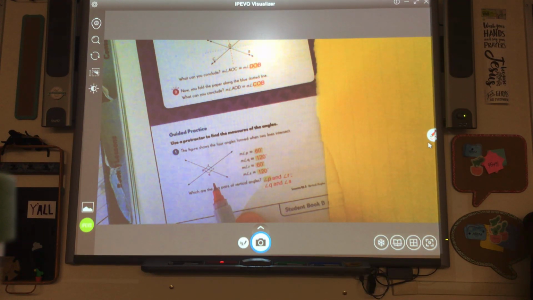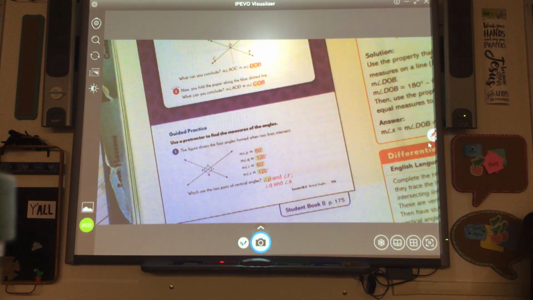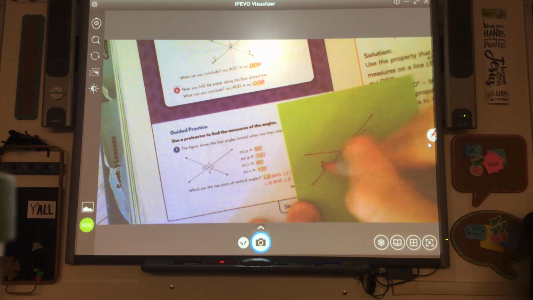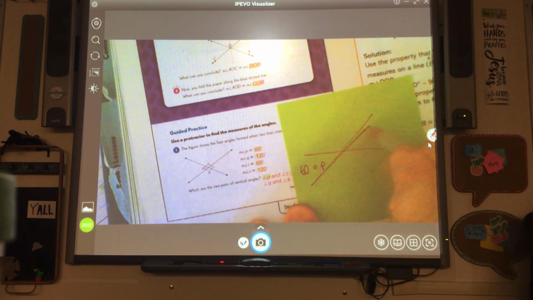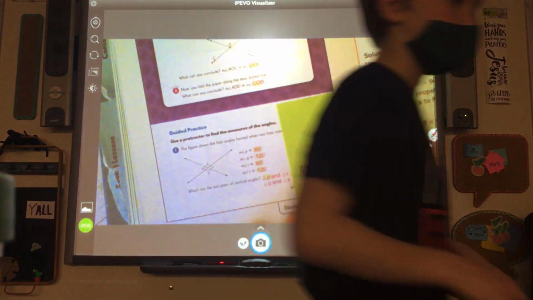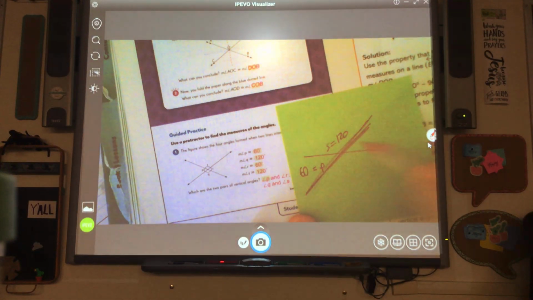Like last time where you had 360. Look at this. If P is 60, what do we know about this right here? It's 180, so if P is 60, then S is automatically 120. Yes, we can say, hey, P is 60, so this is 60, and if that's 120 degrees, and there's